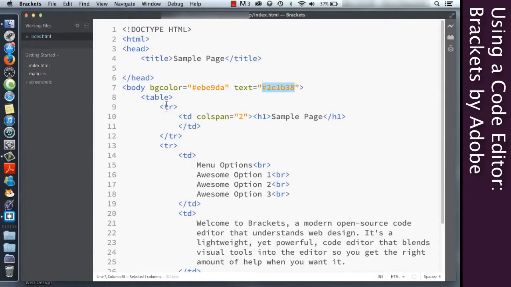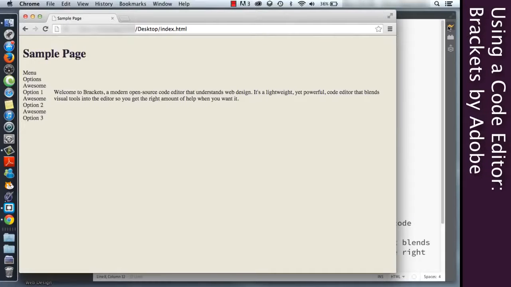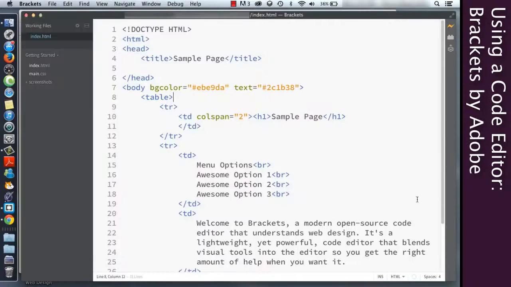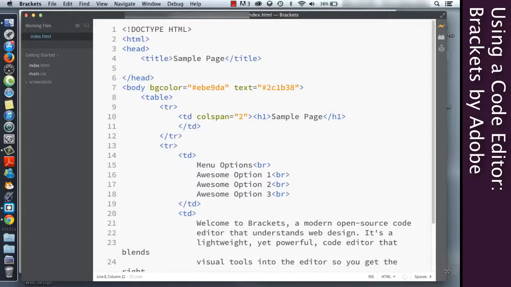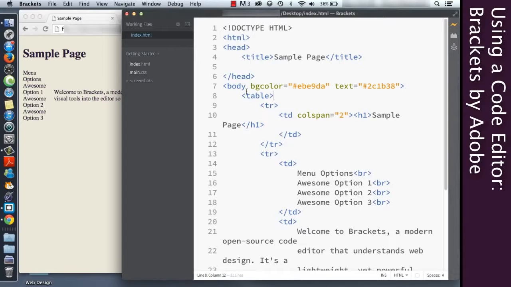Now, just to see this table a little bit, well, actually, hang on. Before we do, let's go ahead and do live preview. I'm going to show you what you can do with live preview. Okay, so here we can see our live preview. This is obviously not a very pretty web page right now, but that's okay. I just wanted to show you what it can do. Now I also want to show you a little bit about live preview. So I'm going to go ahead and squish this just so you can see them both at the same time.